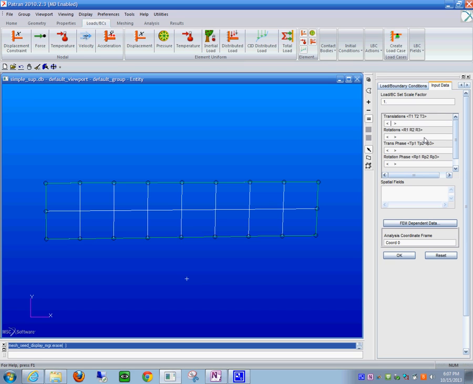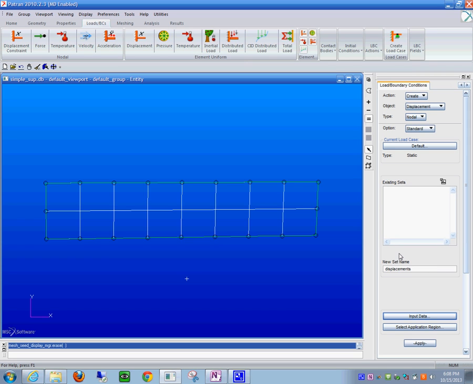We could do it this way. It occurs to me we could do it like this. See, 1, 0, 1 is like a vector that indicates that on the y direction there is no motion. And in here I'm just going to say 0, 0, 0, no rotations. So if I click on OK, and then I click to select the application region,